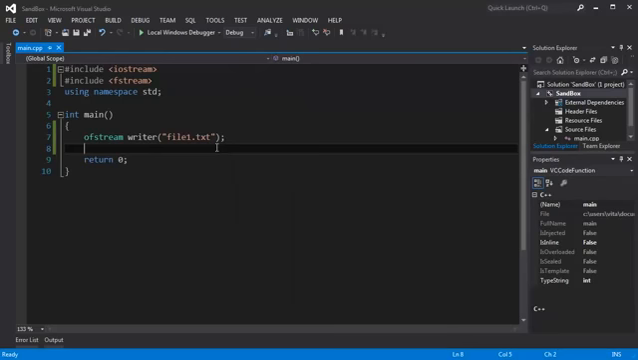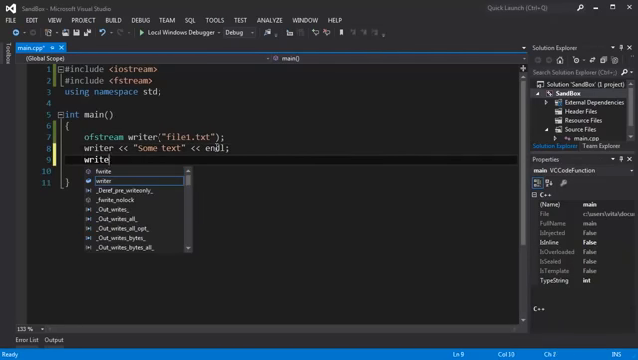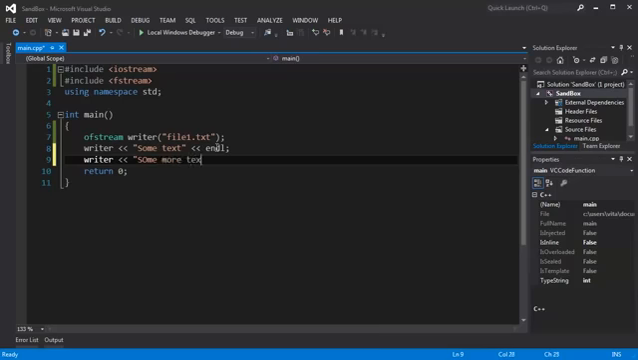And now we're going to actually write something in the file. It's as simple as writing text to a console window. Instead of cout, you just write writer and you write some text like that. You can also add an endl and you can write some more text. So you can write numbers, they're considered strings,